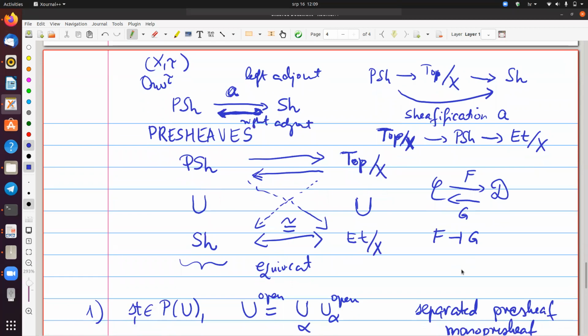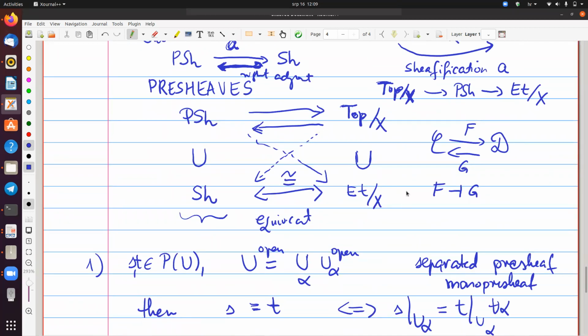It can be said in two ways. One way is to say that there are natural transformations between FG and identity, and GF and identity. Now, if F is left adjoint, then we talk about, so let's see,